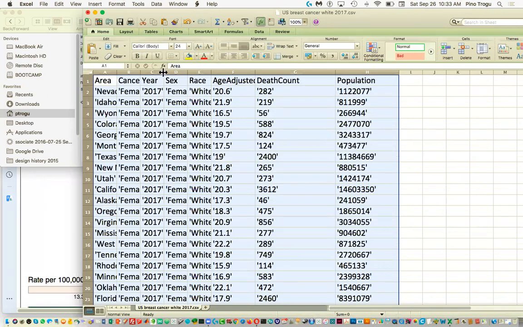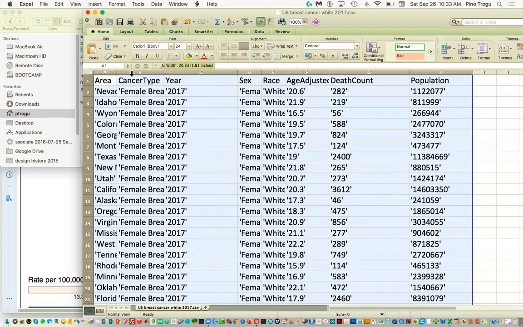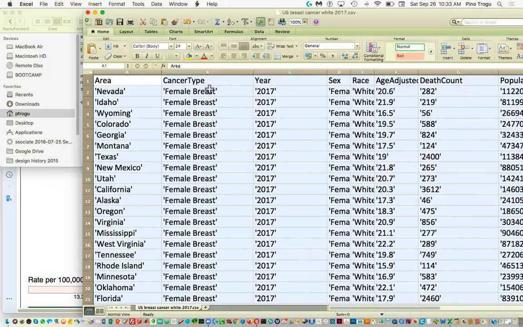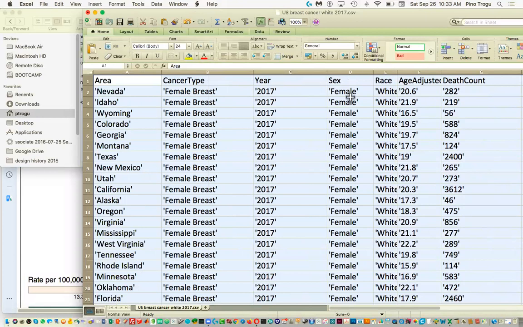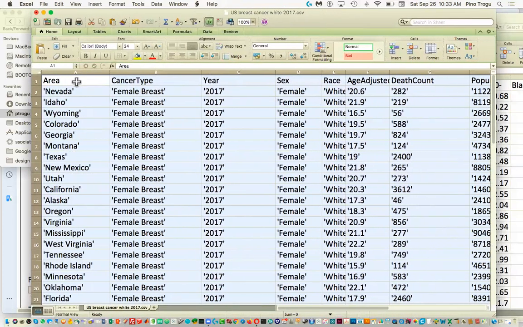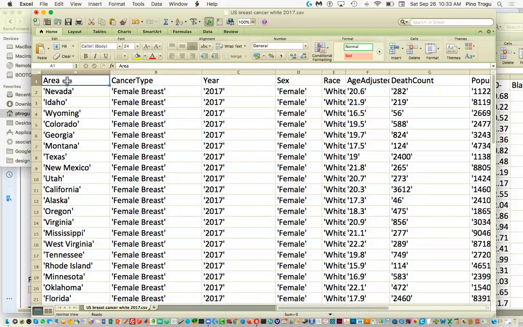All right. So some columns are really kind of useless for us later on. We know it's breast cancer, we don't need that column. We know it's the year 2017, we don't need that column. We know it's white, we know it's female. So all those columns, eventually we get rid of. And area here, by the way, eventually we'll replace with state. So what we really want is